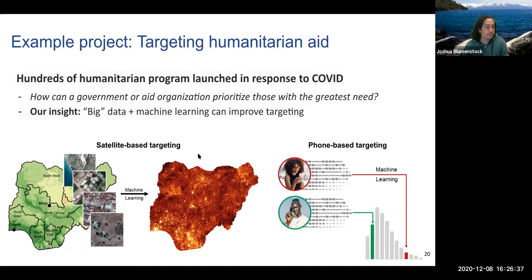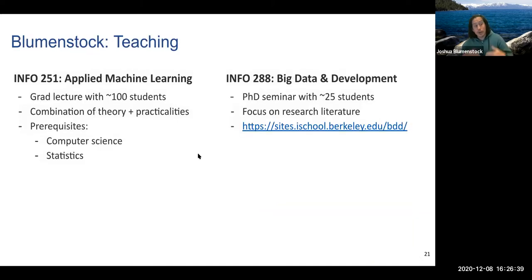Next slide, please. So stepping up a level, the courses I teach: there's this graduate seminar on the right that's really myopically focused on applications of big data and machine learning to international development. It tends to draw mostly PhD students and also a handful of other graduate students. It's really a research-first seminar.